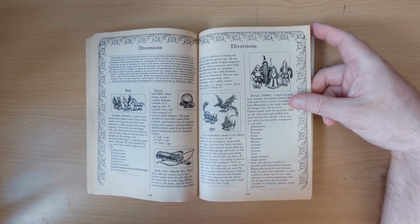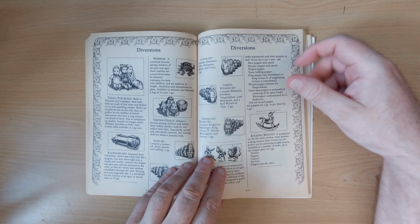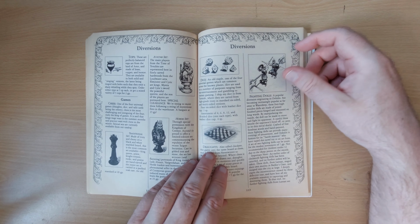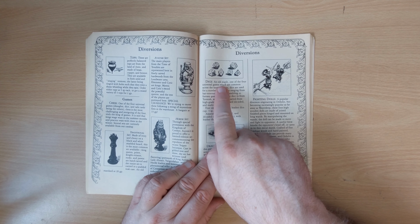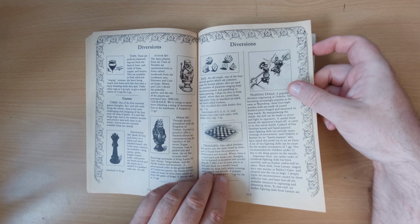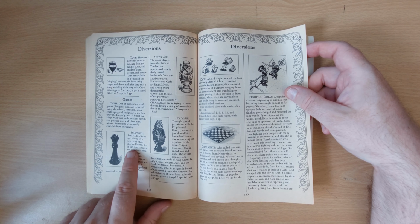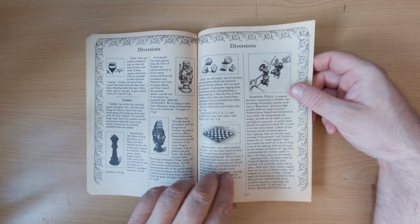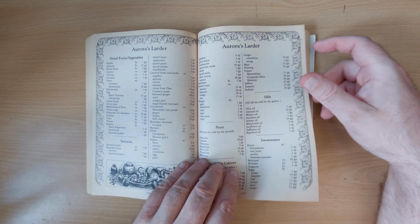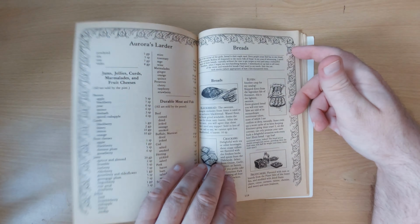wicks, diversions, so different types of toys, clockwork toys, fabric toys, porcelain toys, kaleidoscopes, rocking mounts, a full set of polyhedral dice you can buy in-game, 4 silver. Got drafts and different types of chess. So you can get an ordinary traditional set, the avatar set, or the horde set. Fighting dolls. Now onto the larder, where lists, you can buy apples or apricots, broad beans, all different fruits and